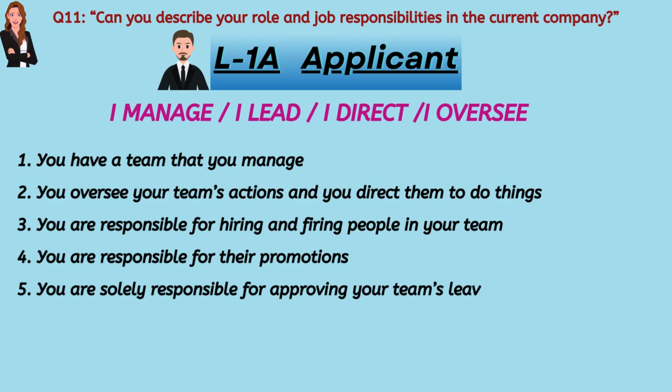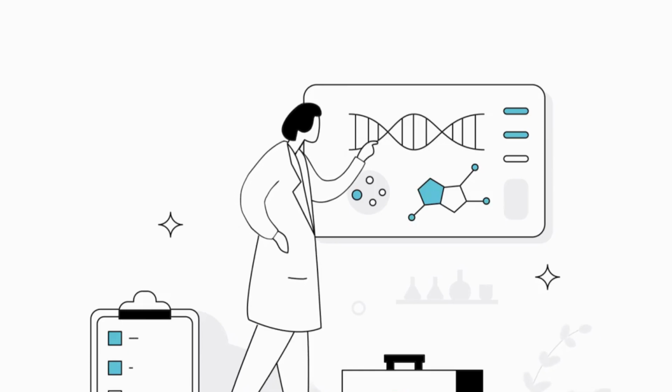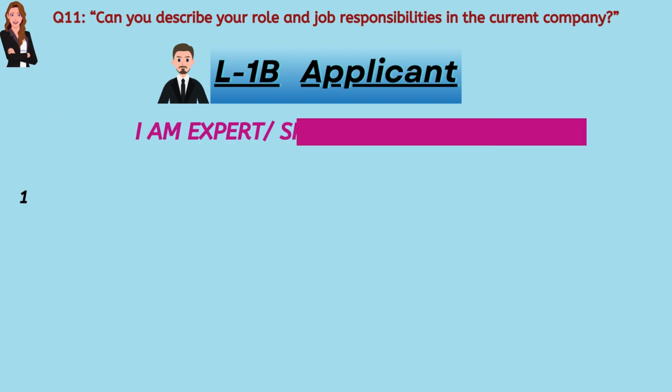Number 4, you are responsible for their promotions. Number 5, you are responsible for approving your team's leaves. So basically what you have to show here is that you can work independently, take independent decisions without too much supervision. And friends, if you are an L1B visa applicant, then you must demonstrate that you possess, number 1, specialized